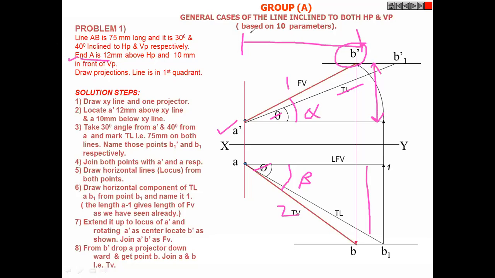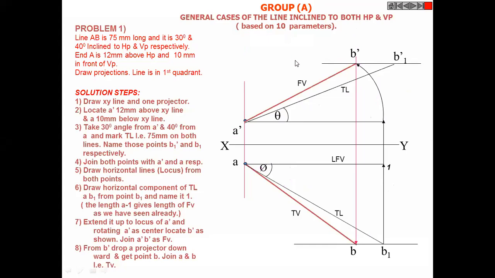Basic box we are having 7 things, fine. Then we are having 3 additional things: location of these, which is already given, and distance between these end projectors. That also we got. You require to just measure with scale. That's it. This distance, and this distance. Clear? Any doubt, anyone?